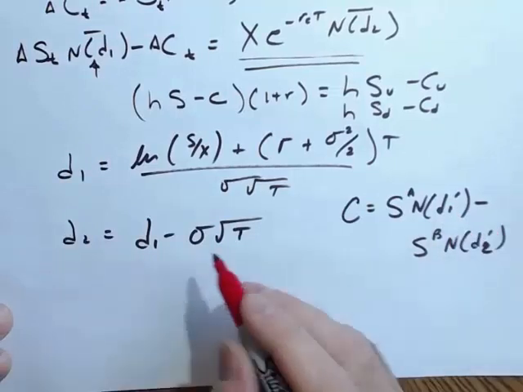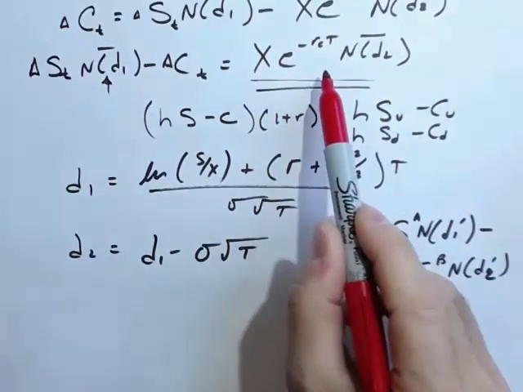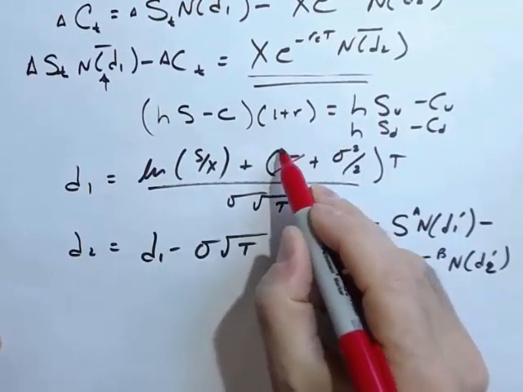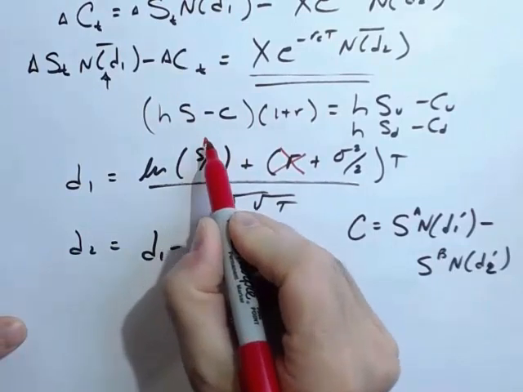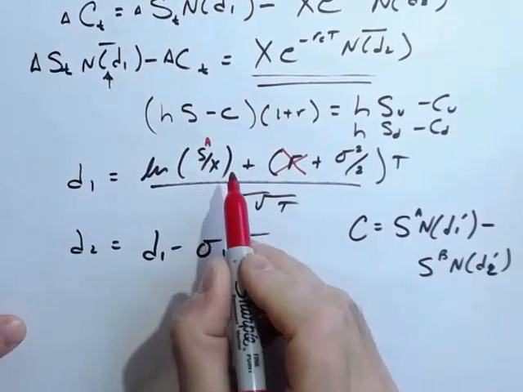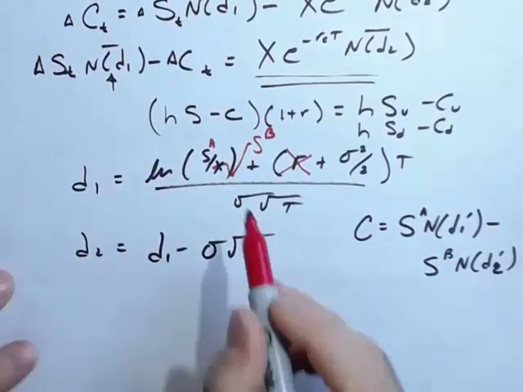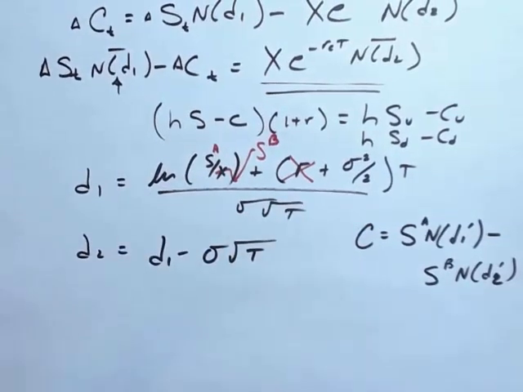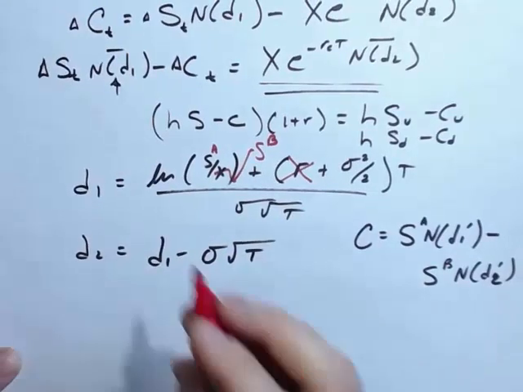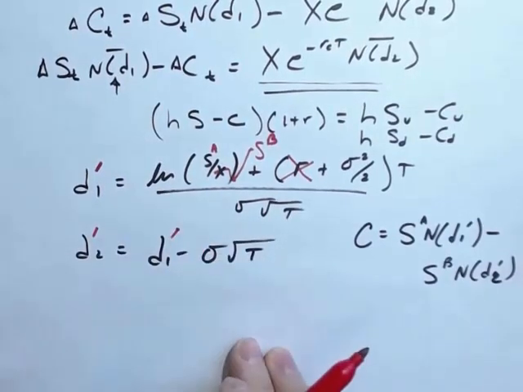Now, the D of 1 prime basically says, look, we don't have a risk-free situation like we had up here. So basically the R disappears out of this model. There's no risk-free rate in this model. And the other thing to keep in mind is it's the stock of A, because we're looking at a call option on A, right, relative to B. And so this becomes SB on the bottom. So it's the relativeness of the spread here, and this is basically the spread put into a percent. Get rid of the risk-free rate, and now you basically have ND of 1 prime, and then ND of 2 prime is